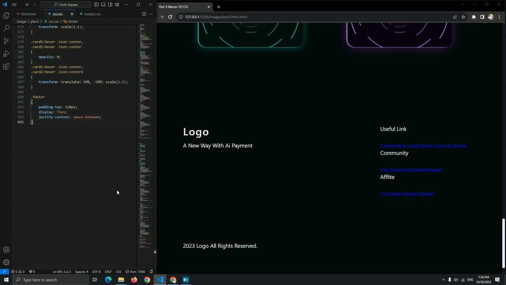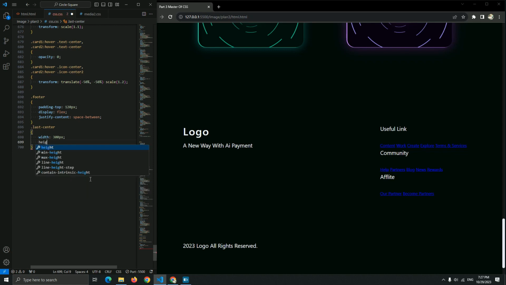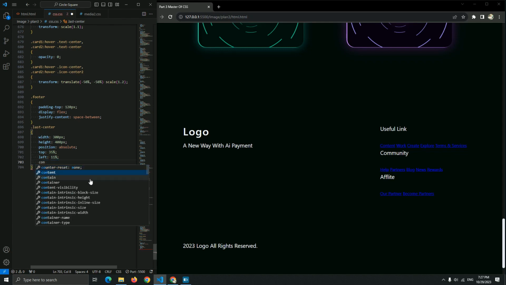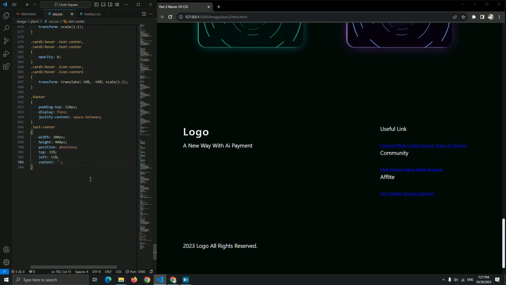So the last center of the image, let me call it last center. Set the width 300 pixel for this box and the height 400 pixel. Set the position absolute and the top 35%, left 11%, content empty.